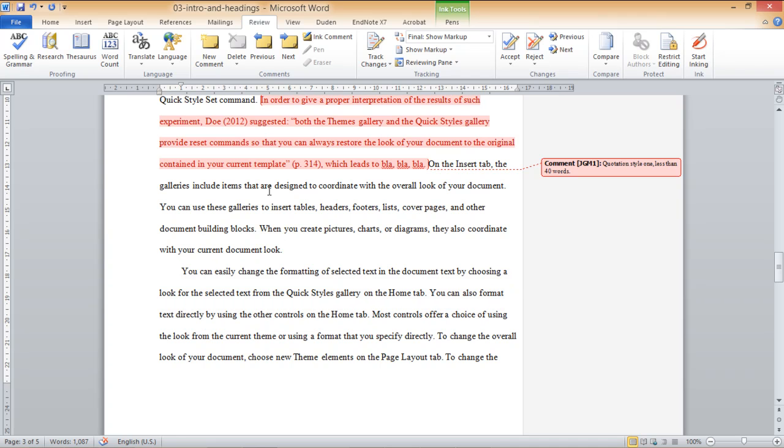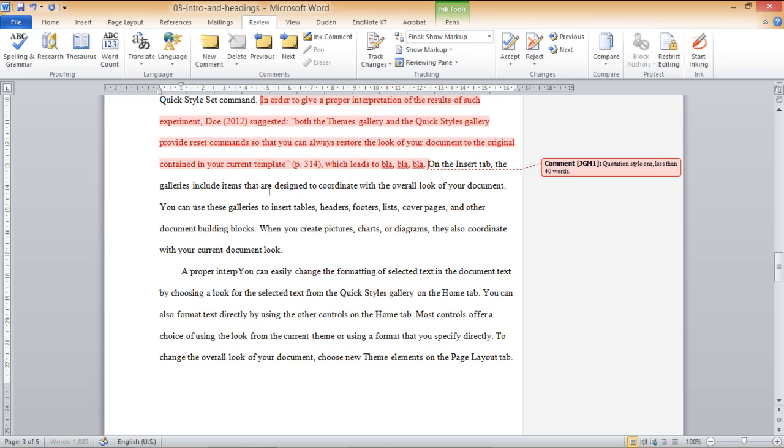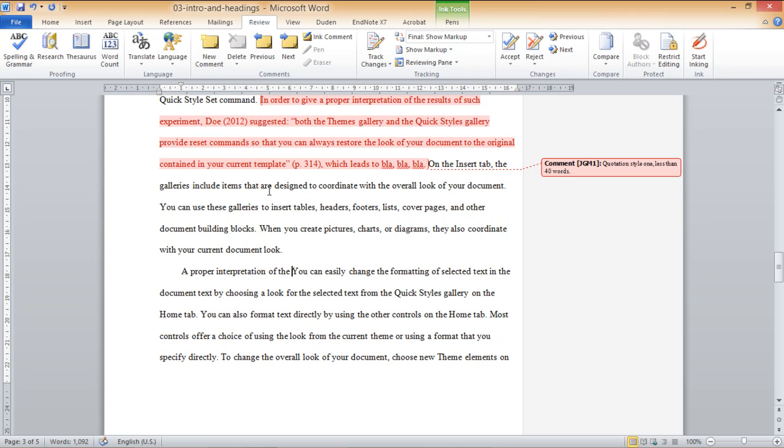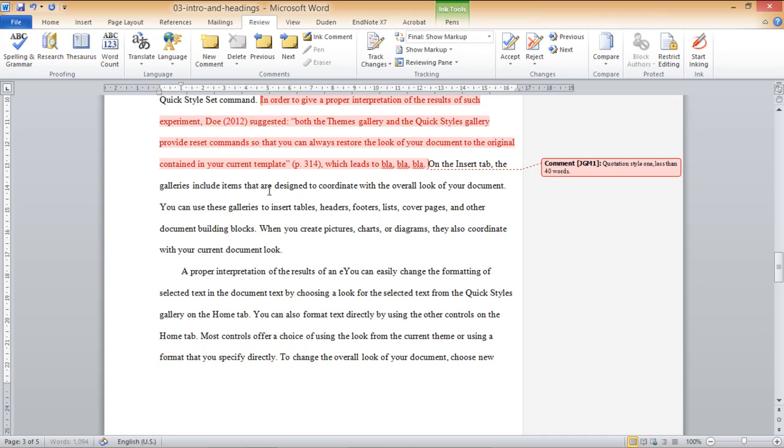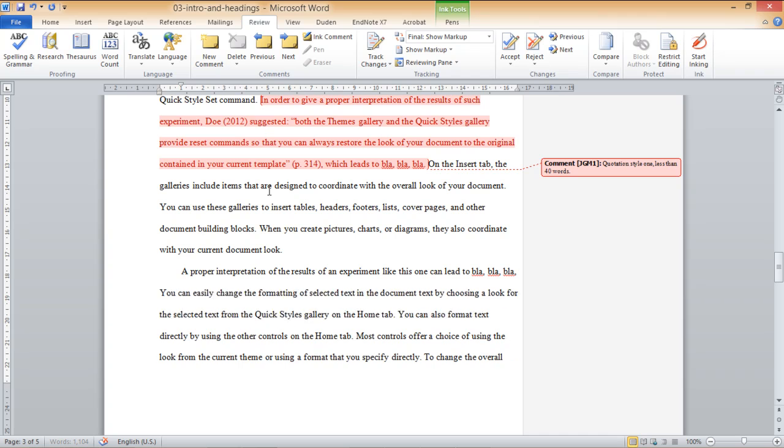You can start with your own idea. So for example, a proper interpretation of the results of an experiment like this one can lead to blah blah blah, because, and here you open your double quotation mark, say this part inside the quotation marks is the one from the text from John Doe, you close it,